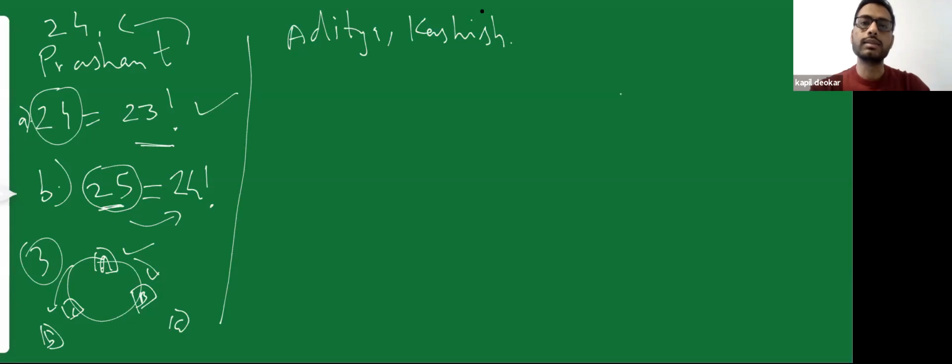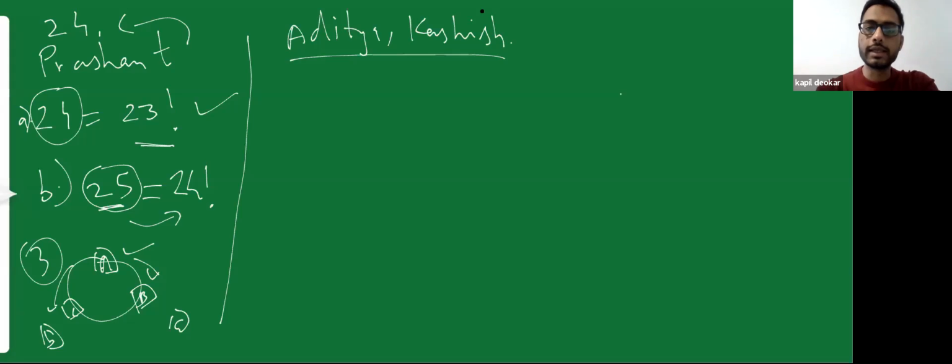Why is that requirement over there, that one position is to be fixed? Because if one position is fixed, then we can arrange the others in a linear way. If one is fixed, you can have a left hand side, you can have a right hand side. You can have relative positions to that fixed one position. Hence, if you are having n objects in circular permutation, n objects can be arranged in n minus 1 factorial ways.